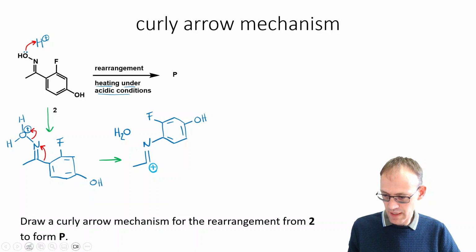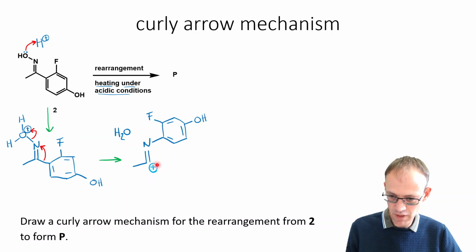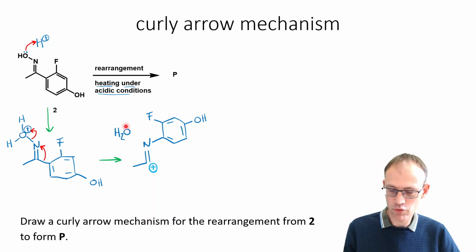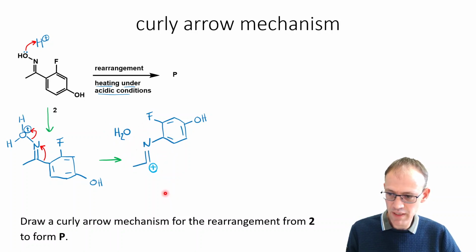So let's do my analysis again. These electrons have moved here. That's now a new bond. There is no longer a bond to this carbon over here. That has become a carbocation. This CH3 is still intact. Aromatic ring is still intact. These electrons went to the molecule of water, H2O, so that became a neutral molecule of water. So this is indeed my intermediate. And the charge check, again, I had a single positive charge here. I have a neutral molecule and a single positive charge here. So my charge check on this molecule is fine as well.